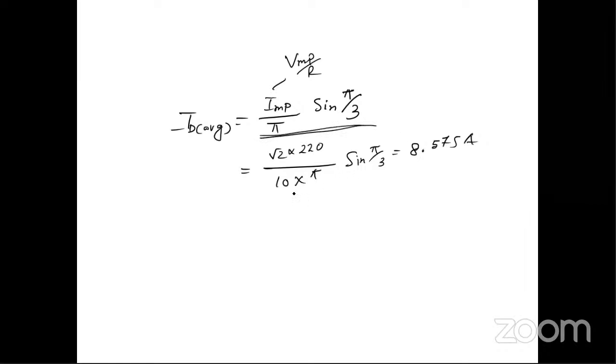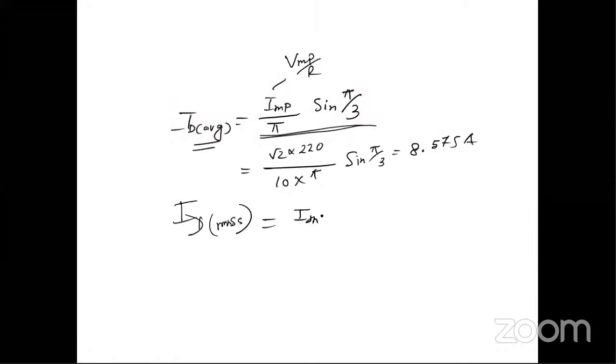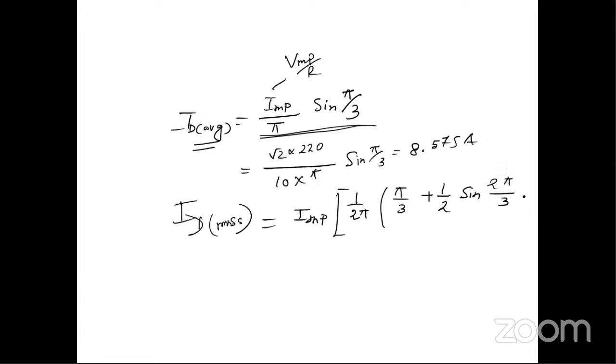আমি এটা পরের দিন দেখিয়ে দেবো। তাহলে আইডি অ্যাভারেজ পেয়ে গেলে, সিমিলারলি আইডি আরএমএস এর একটা এক্সপ্রেশন আছে। এটা একটু আমাকে পরের দিন মনে করাবে যে এই ডায়োডের অ্যাভারেজ কারেন্ট আর আরএমএস কারেন্টের এক্সপ্রেশনটা কীভাবে এলো, সেটা বলে দেওয়ার জন্য। তাহলে এটা হবে IMP, একটু খাতায় নোট করো, IMP ইনটু 1 by 2 pi, pi by 3 plus half sin 2 pi by 3, bracket close to the power half,